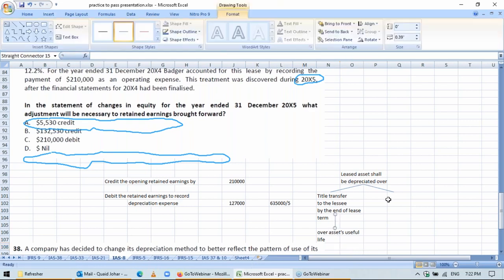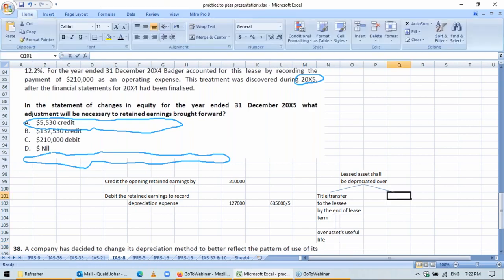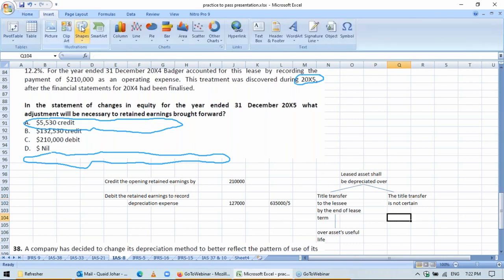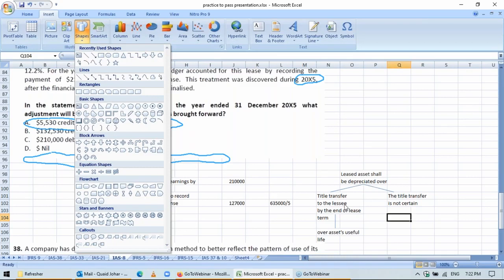And then if the title transfer is not certain, so in this case the title will transfer. So if the title transfer is not certain, what happens then? How many years? So if title does not transfer,